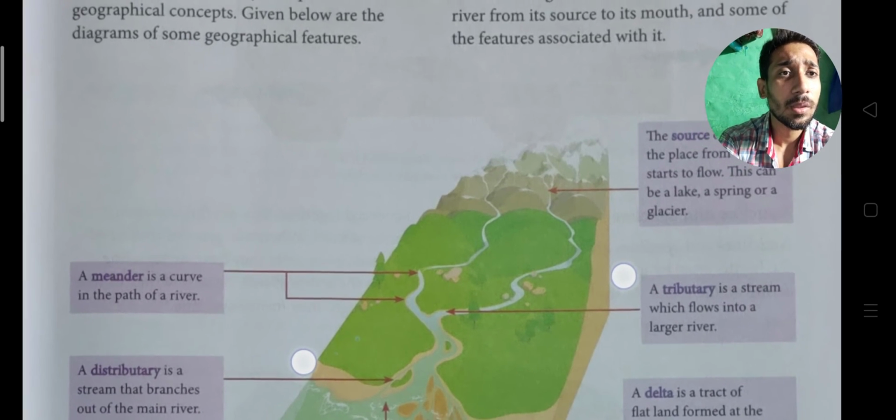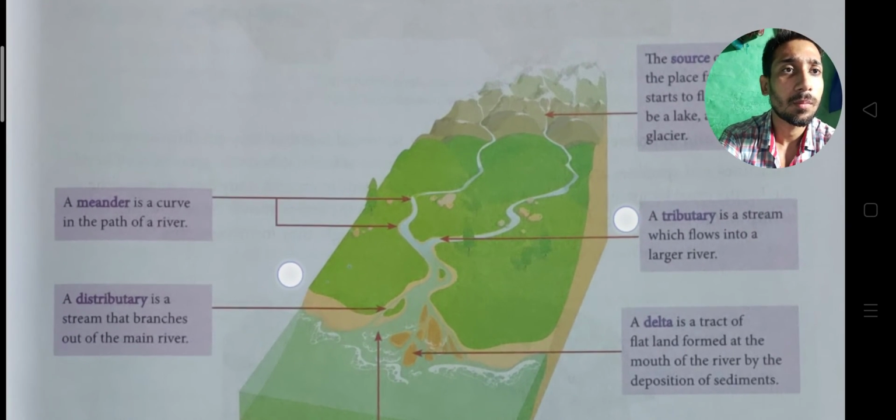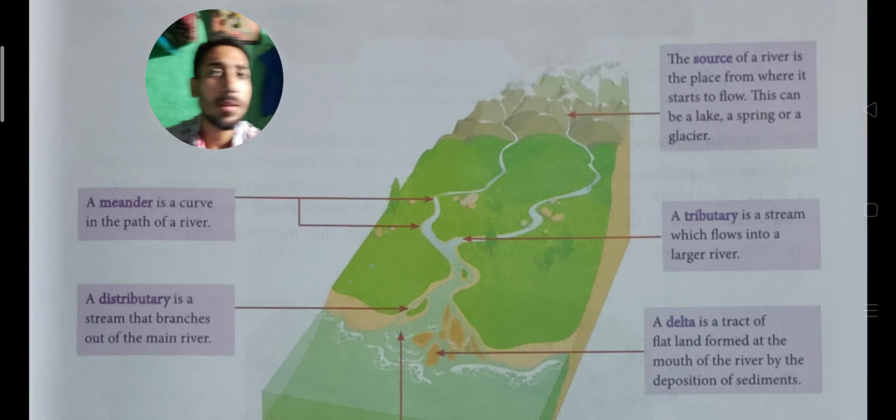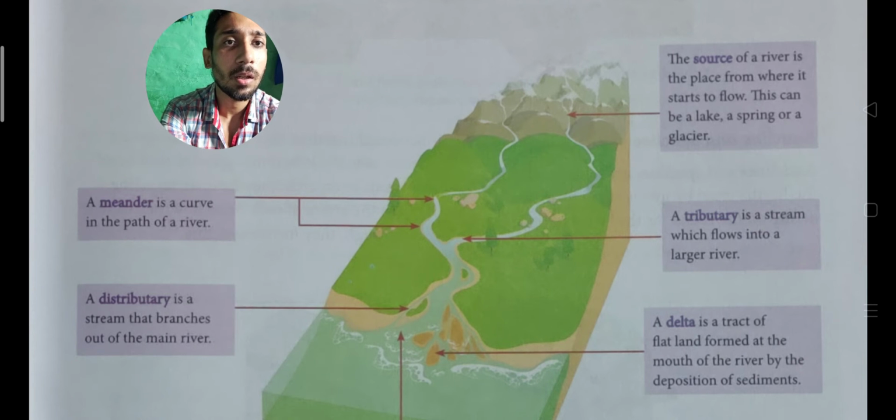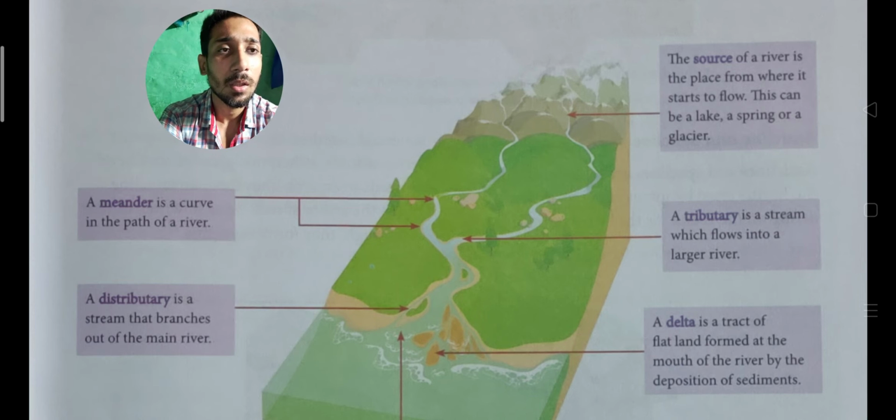So first of all, let me show you a diagram. In the diagram you can see that the source of the river is represented by a meander. Meander means the curve in the path of a river, means a river follows different kinds of curves while flowing. So that is called a meander. Thereafter a tributary.